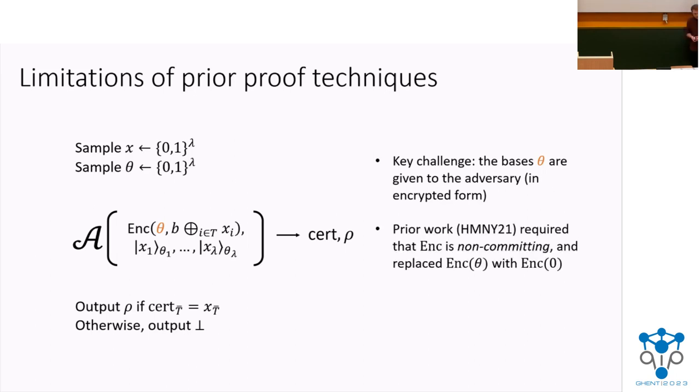Previous work encountered this issue. As a natural first step, they removed theta from the view of the adversary. To do that, they assumed that the encryption scheme satisfied a special property called non-committing. Already this is suboptimal because it's not fully general; only certain schemes satisfy this property. Another issue is that when they make this hybrid switch, it is necessarily a computational switch. So the final claim that they show is only computational. They don't show everlasting security or statistical security after deletion.